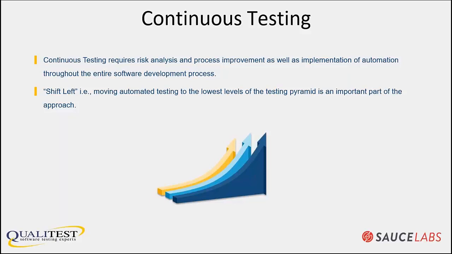Now, shift left, and I'm not sure if you're aware of the test pyramid, but basically the bulk of your tests, especially your automated tests, need to take place in the unit testing layer, getting continuously fewer tests as we go up. We would do the integration and API, and then finally the functional testing, and just at the very top, your acceptance testing. Just a small amount of those tests will be automated.